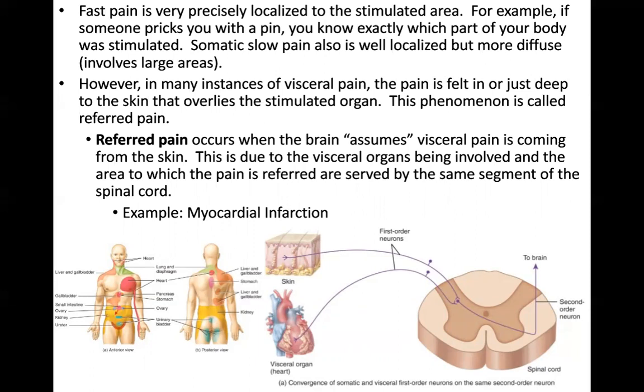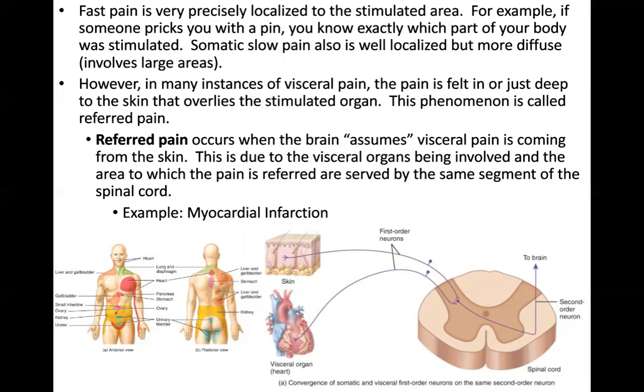It's pretty simple, and it's shown here in our figure on the right, where we have two first order neurons, one coming from the skin, one coming from the heart, traveling into the spinal cord, and synapsing with the same second order neuron. That second order neuron then carries a signal up the same way whether it was coming from the skin or from the heart. So our brain doesn't really know if it's coming from the heart or from the skin, and it's just going to assume it's coming from the skin. This is what happens when somebody has a myocardial infarction,